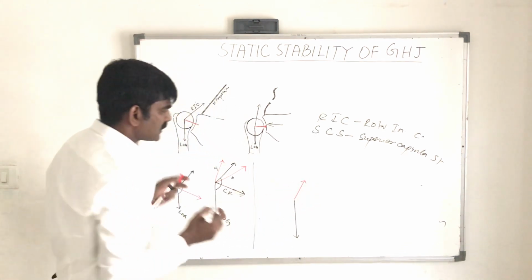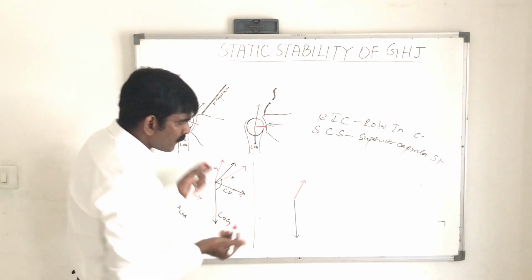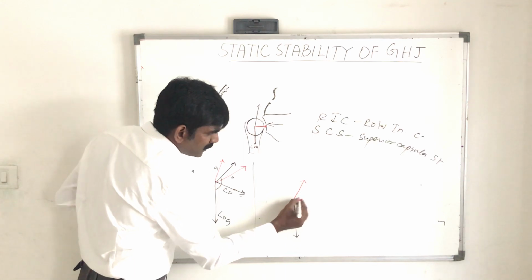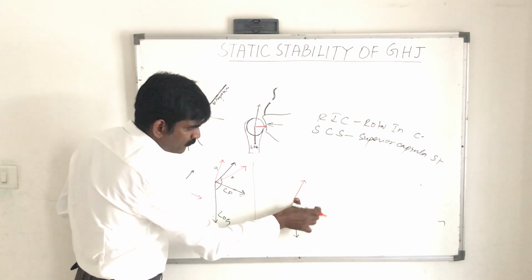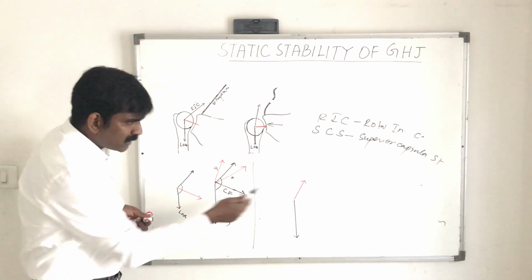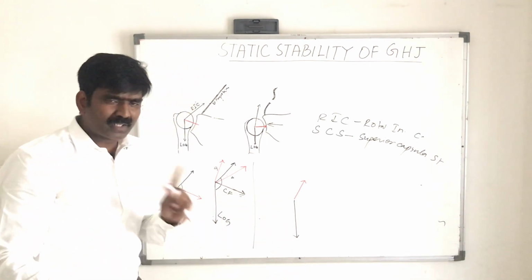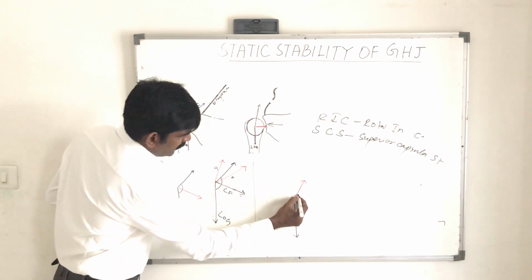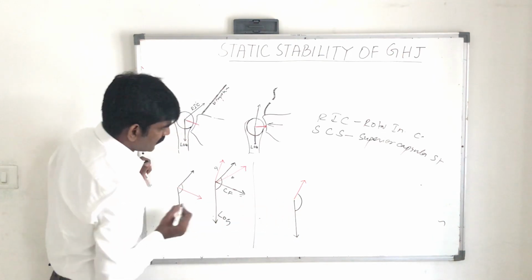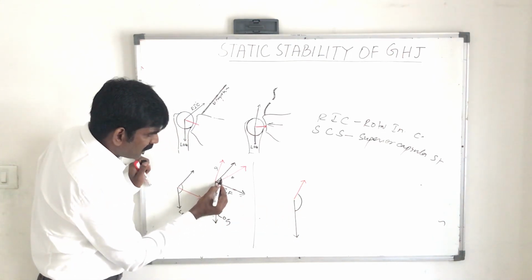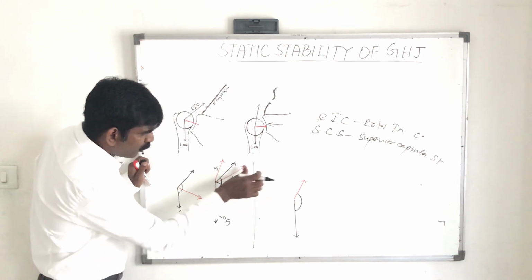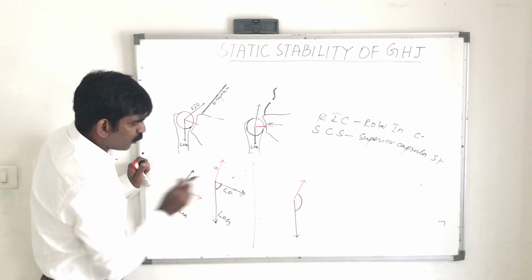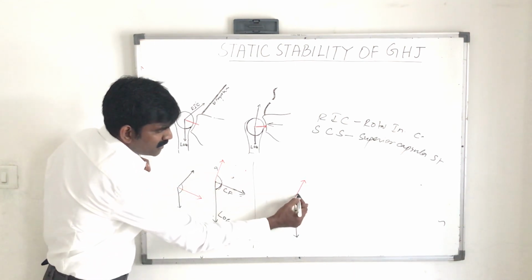Clear? The force A is still present, and there is no force B, because here the force B is absent. So now what happened? There is no resultant force, only a single force is acting in this direction. Now what happens here? The angle is now increased. You can see previously the angle was this much, and here, because of the absence of this force, there is no resultant force, and the angle is increased.